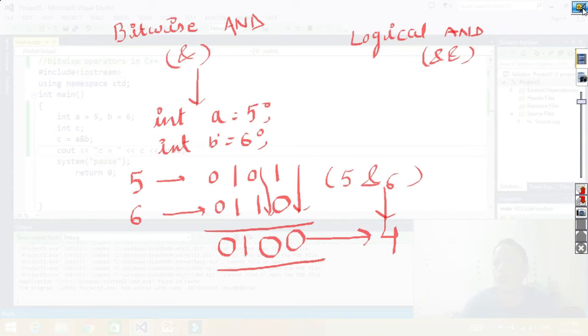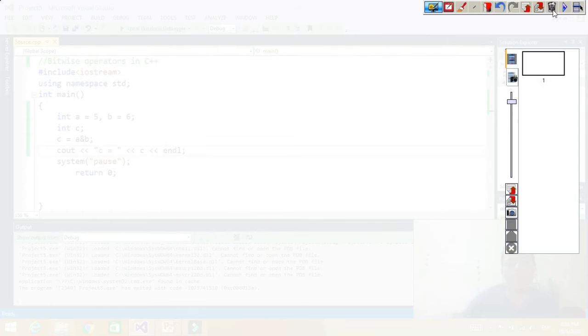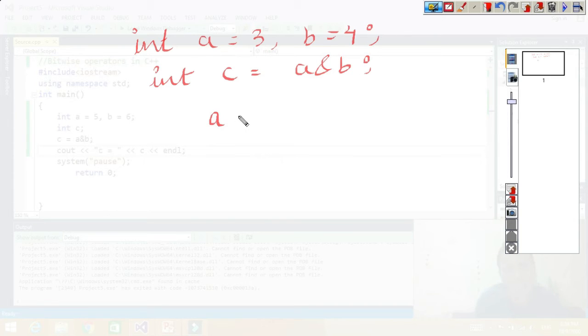Let's check two more values. Say we have two variables, A is equal to 3 and B is equal to 4, and C is equal to A and B. What is the binary equivalent of 3? 0 0 1 1.